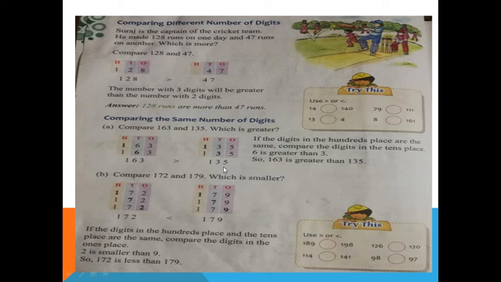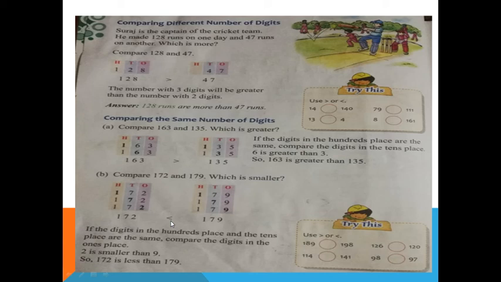Compare 172 and 179. Which is the smaller? So 172. See, ones, tens and hundreds again. So compare here, the sign is also there. 172 is the smaller number compared to 179. Now try this in the book, or if you want, write in the copy if possible. If you have books, no problem. If you don't have a book, better you complete one exercise in the copy. Okay dear, now come to the last.